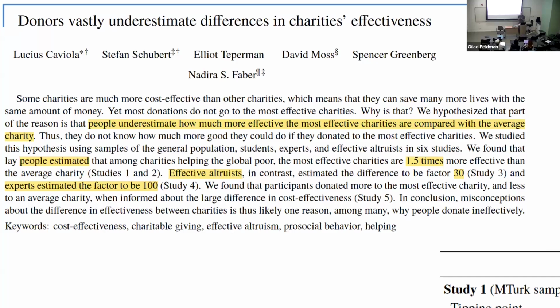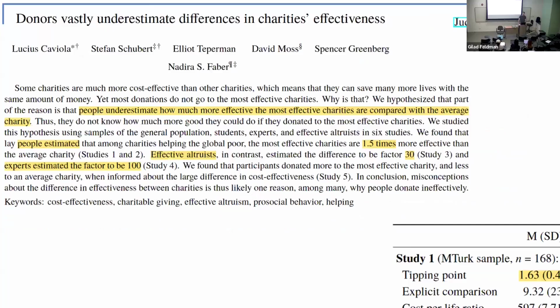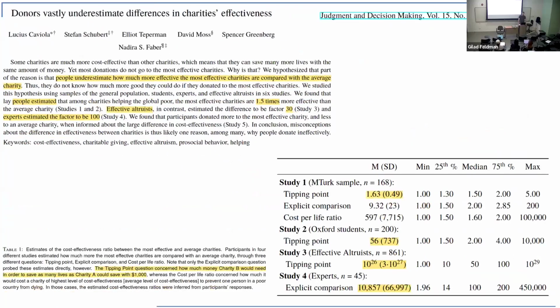Even effective altruists, who are a little bit less biased than the general public, seem to be underestimating this. So there's a very big underestimation of these effects. Sometimes the way you can increase the good in the world is not necessarily to donate more. You can donate the same amount of money that you've always donated. It's just a matter of maximizing how you donate, to which charities you donate, and what kind of impact you make. So this is a very interesting paper that came out in 2020 in the journal Judgment and Decision Making,